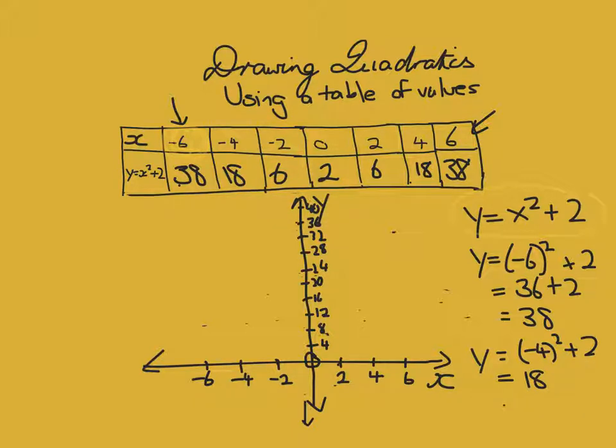We've got -6 and 38. Well, -6 is over here in your x, and 38 is going to be between 40 and 36. So I'm just going to plot a point in between there. All right. Now I'm going to plot